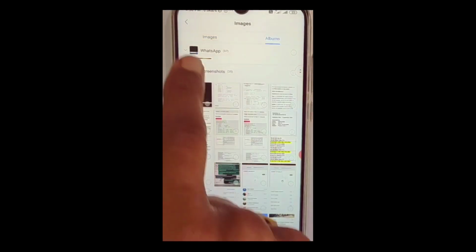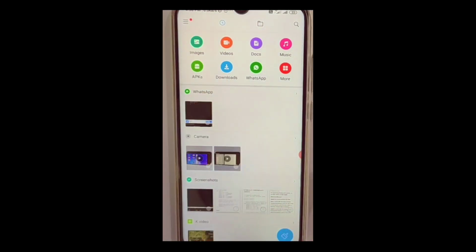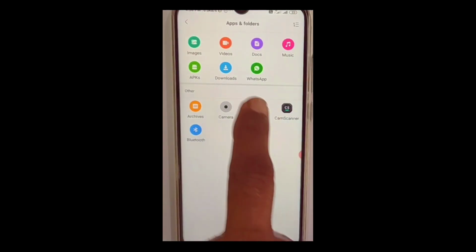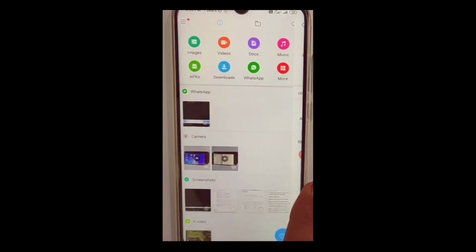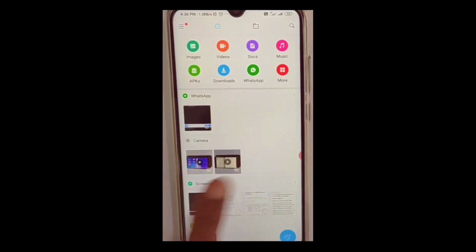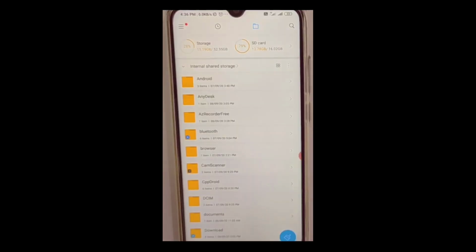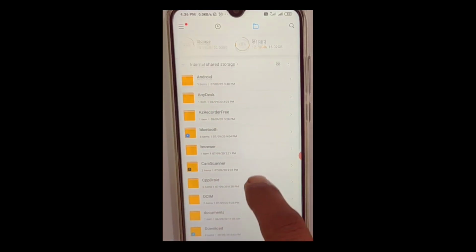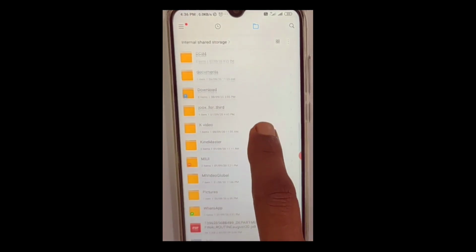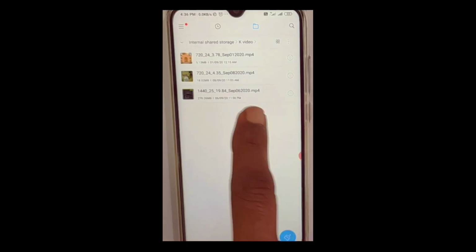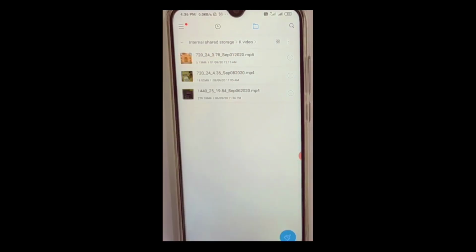Different paths will be there. Here we can go. You can see this is the storage and different folders are there. When you click some folder, you can see the full path. So you can understand, okay, after internal storage, I am going to this folder.